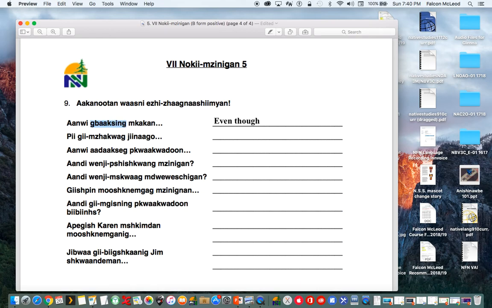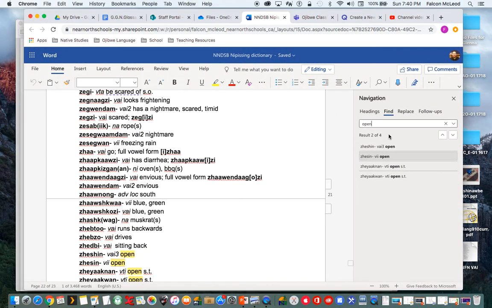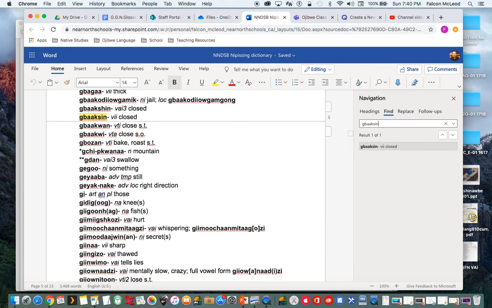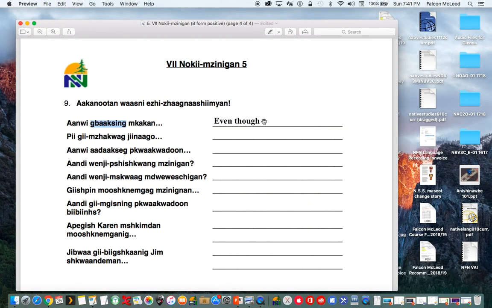We know a lot of these verbs end with G sounds, but we can just look up that whole word there and see if anything pops up in our dictionary. Nope. So let's start deleting off the N. Oh, now we have something. Closed, geboksin. So we're talking about something being closed. So even though